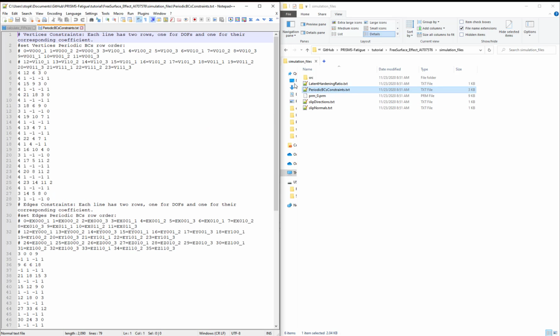Periodic BC Constraints is a special file that indicates constraints so we can emulate bulk subsurface response, in this case in the X and Z direction, but still allowing for a free surface in the Y direction. So this is very important because for these set of simulations in the free surface effect folder, we want to simulate these with the Y surface as a free surface. Whereas in the other simulations that we'll talk about in just a minute, those will be periodic in all 3